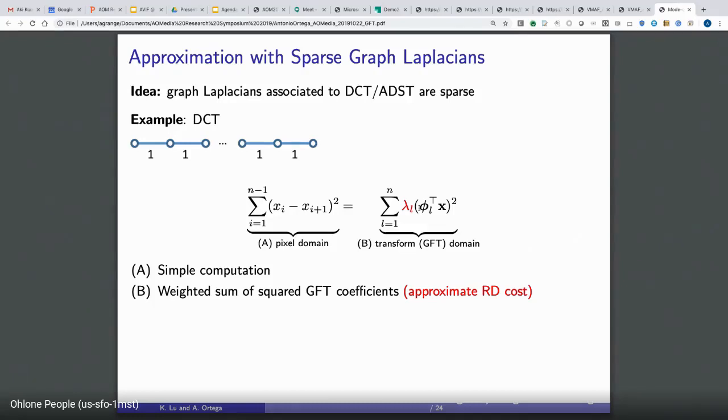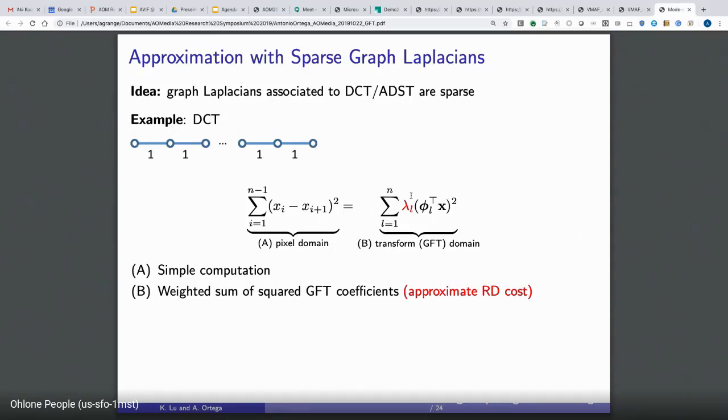Now, in practice, what we would like to do in terms of optimizing RD performance is we may know that, for example, the more energy there is in the high frequencies, the worse that representation is, right? So it turns out that these eigenvalues are also increasing. They go from 0 to increasingly larger numbers, right? So they penalize the high frequencies. So that means that this, which is exactly equal to this, is giving us some idea of what is the energy compaction in the frequency domain, except that we have these weights lambda that